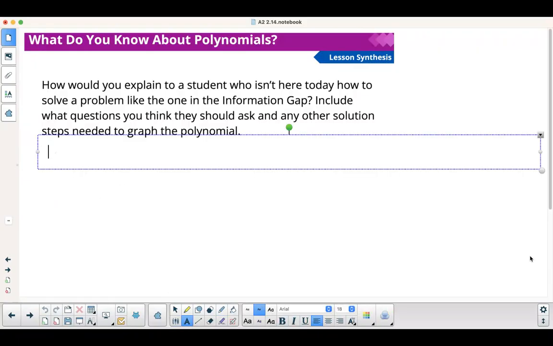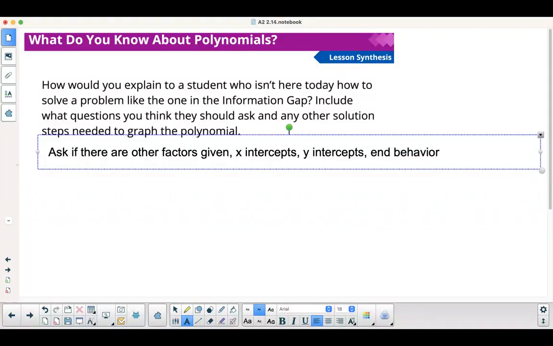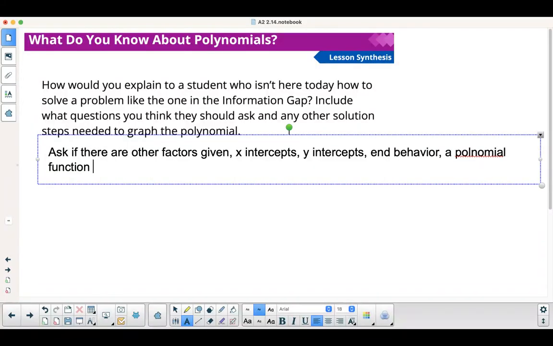Well, I would say you need to ask if there are factors given, x-intercepts, y-intercepts, and behavior, a polynomial function given in factored form or polynomial form, a multiplicity, a specific points given,